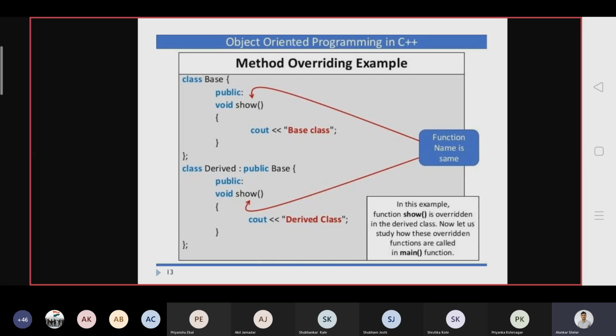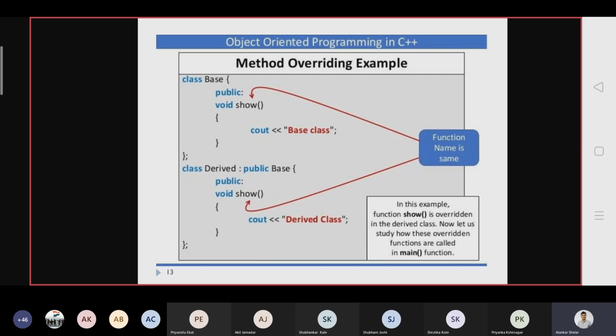Now in inheritance, the base class copy gets passed to the derived class. So how many show functions are available to the derived class? Two show functions, right? One which is coming from the base, another from the derived class. But the use of show of the base class is different, and the use of show of the derived class is different.